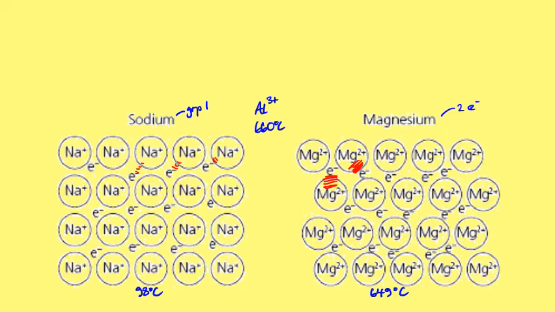Okay, so what I've done is I've given you already one reason why the melting points of metals increase as the charge on the ion increases, but there's another reason as well, and that is the size of the ion. So in the case of sodium compared to magnesium, sodium is actually the larger ion, and magnesium is the smaller ion, because the electrons are held a bit closer to the nucleus as you go along a period. And indeed, aluminium is smaller still,